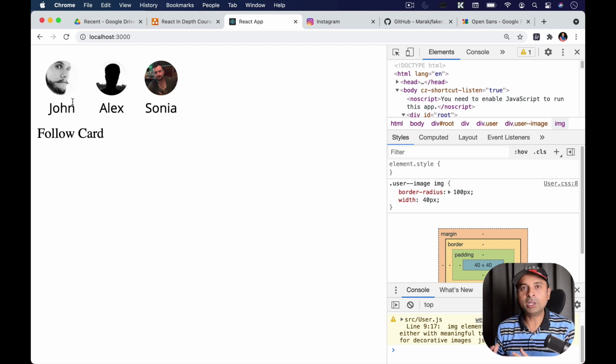So I'm going to replicate a similar kind of thing here. I can replace that chocolate with something else, maybe a small fruit, right? So that replacement is also possible. So follow card is a wrapper and this user is like a chocolate inside that wrapper. That could be one of the real world analogies I can give you.